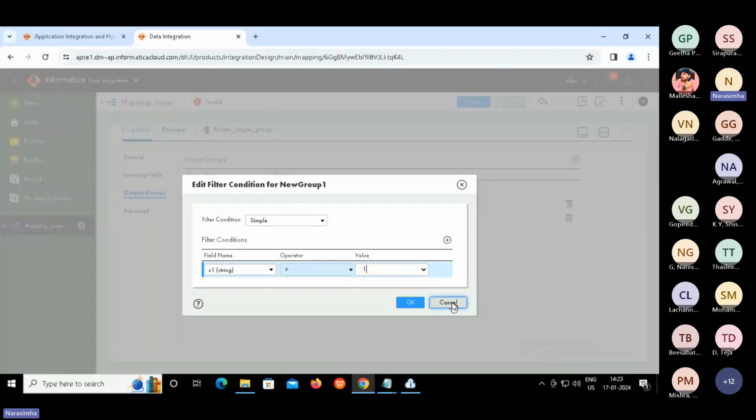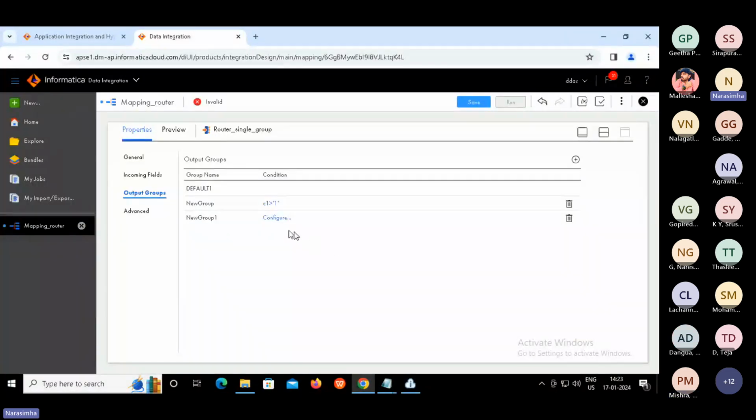Done, guys. Because I have already done it, I've just cancelled it, so I can delete this new one. So this is a new group. Now, if you want to change the group name, you can also change it. Group underscore 1. Just double click and change the name of the group.